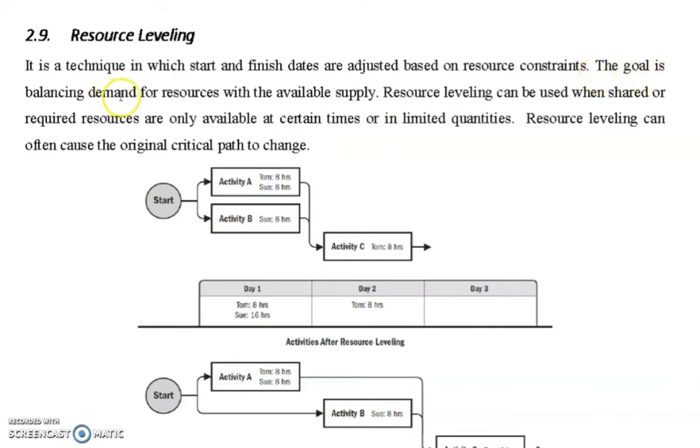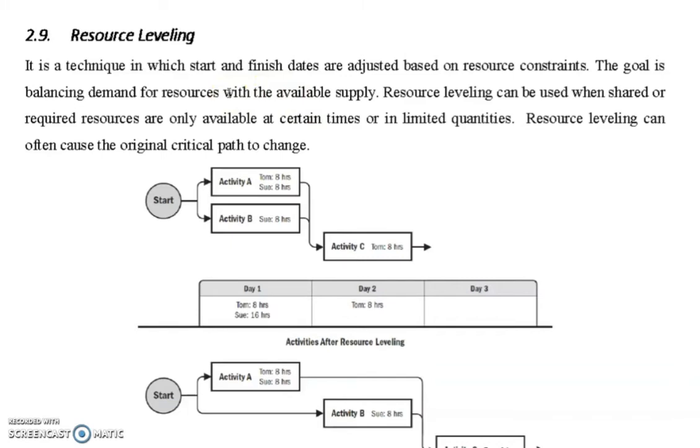The goal is balancing demand for resources with the available supply. يعني الحاجة إلى الريسورسز، نحاول إنه نسوي بالانس ما بين الحاجة إلى الريسورسز with the resources available، اللي هو ال available supply، يعني resources available. احنا محتاجين 3 حفارات مثل ما قلت في المثال، ولكن أنا ما أقدر أجيب 3 حفارات في وقت واحد، أقدر أجيب اثنين. فالresource leveling can be used when shared or required resources are only available at certain times or in limited quantities. ما نقدر نوفرها في وقت واحد، أو ممكن تكون متوفرة لكن في فترات زمنية محددة ما نقدر نوفرها في فترات